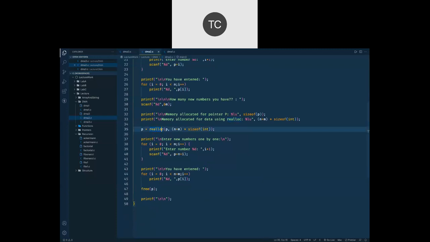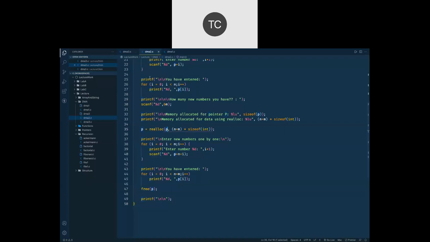Now it requires two parameters. The first one is the existing memory block address. The existing memory block that you have, you need to pass that memory address here. So we are going to pass our pointer variable p. This needs to be the initial address of your memory block. Remember, the initial address of your memory block.